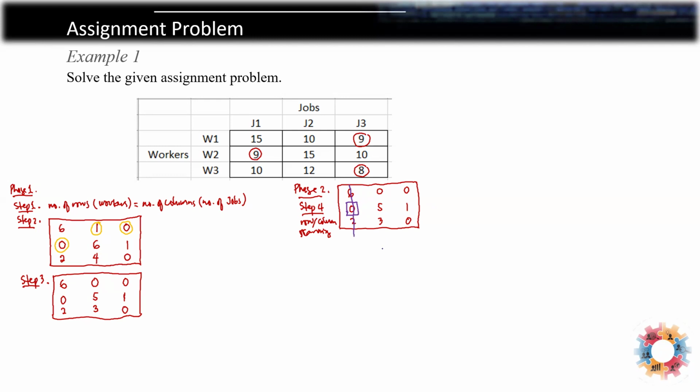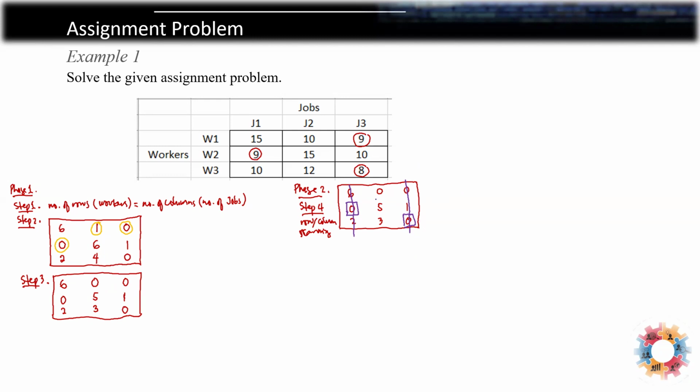Then you proceed to the third row. In the third row, you have 1, 0, right? So mark that by a square, and then the corresponding column will be deleted. Okay? And then you now check your columns. You're left with only one column. So a while ago, we had the rows, then the corresponding column will be deleted.